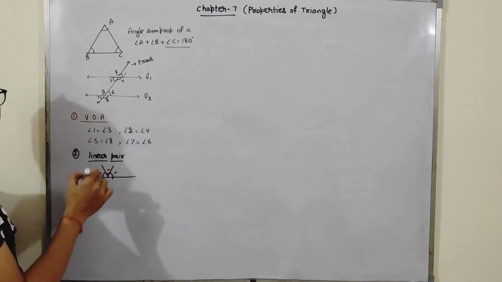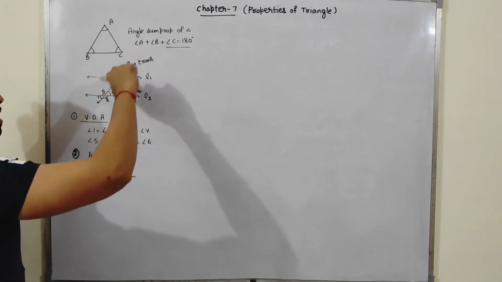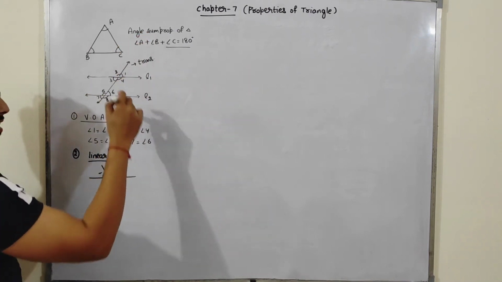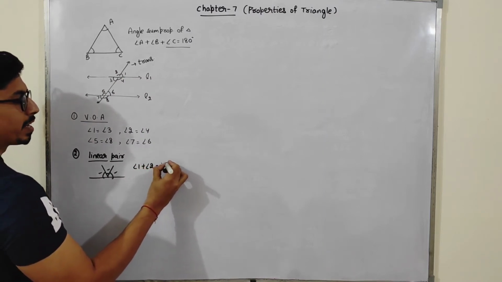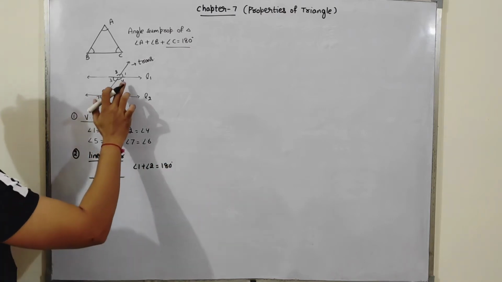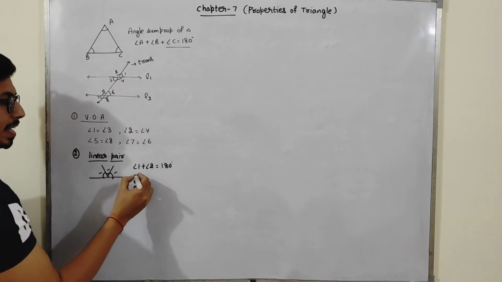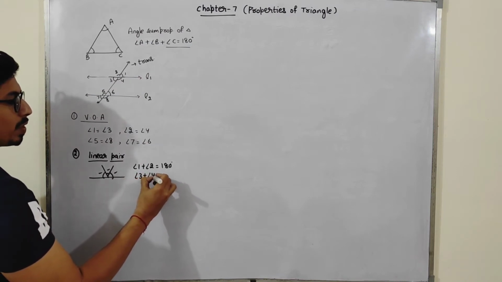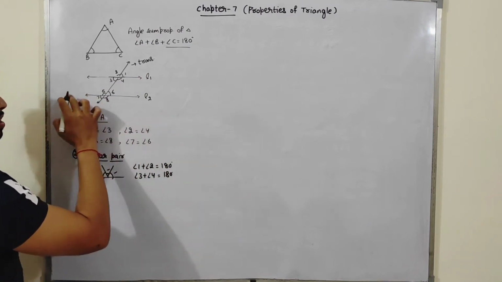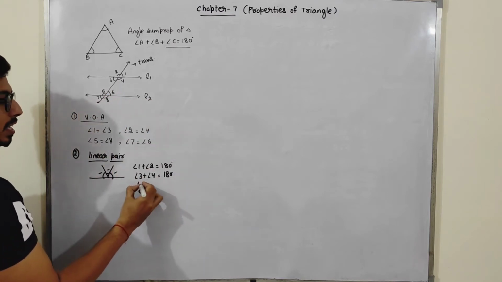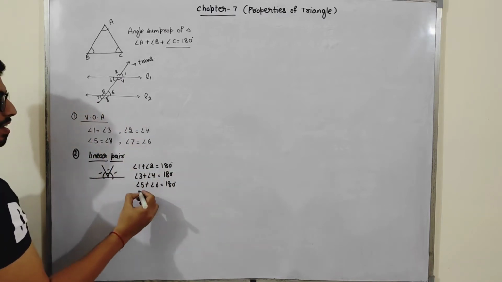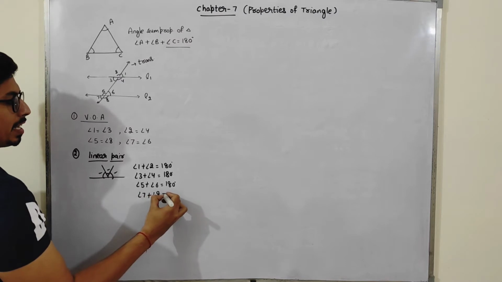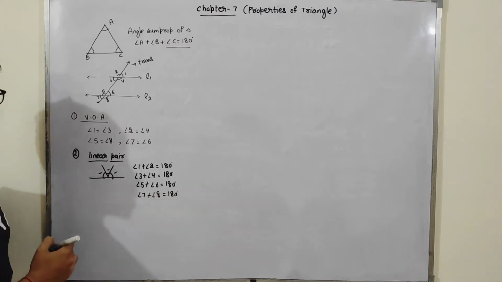Similarly, students, if I say the pairs of linear angles in this figure, see, this L1 is a straight line. This is a line that is intersecting, so angle 1 plus angle 2, the sum of these two is 180 degrees because of linear pair. Similarly, 4 and 3 are forming a complete line, so angle 3 plus angle 4 is 180 degrees. Similarly, for this line L2, 5 plus 6 is 180. Similarly, 7 and 8 are also forming a linear pair, so this is also 180 degrees. So this is our second part, that is linear pair.